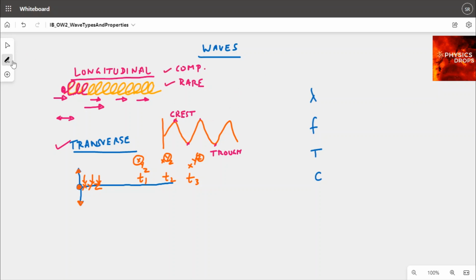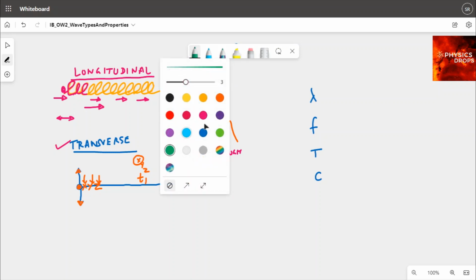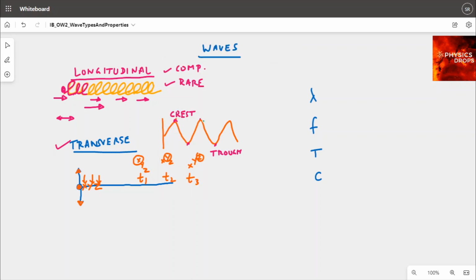Now, the distance between a crest and another crest, or a trough and another trough, is called the wavelength, or lambda. In the case of longitudinal waves, you can call it the distance between two successive compressions, or two successive rarefaction centers. Because mind you, when the slinky gets compressed, let's say this is the normal portion of the slinky,